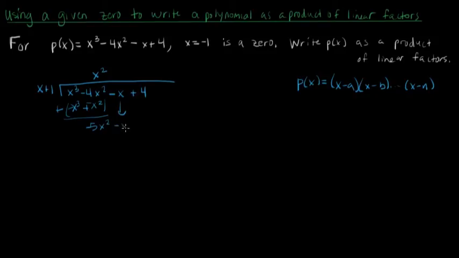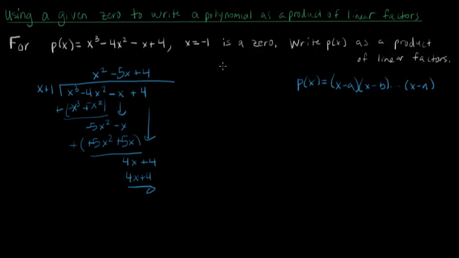Bring down the minus x. Now negative 5x squared divided by x is minus 5x. Then we multiply that back: negative 5x squared minus 5x, and this is subtraction, so I'm going to distribute that negative sign, and this is 0, and this is 4x. Bring down the 4, and now 4 gets multiplied back as 4x plus 4, and the remainder is 0,